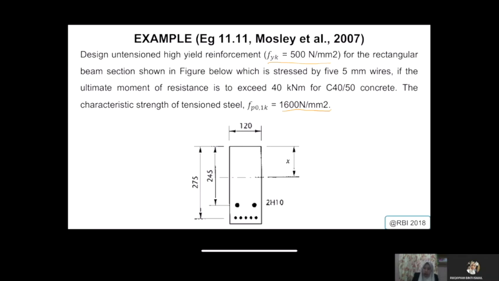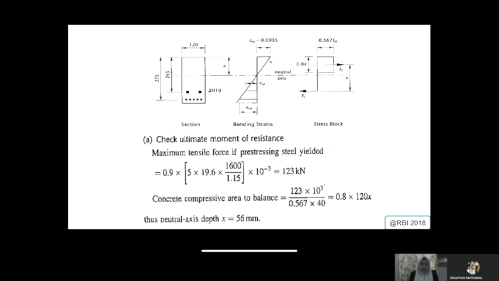If you look here, at the beginning you don't see the 2H10 bar. Let's say first we assume that there is no 2H10. What is provided is only the 5 mm wires. That's only provided, because we want to check if it is sufficient for the moment or not. So what we do,